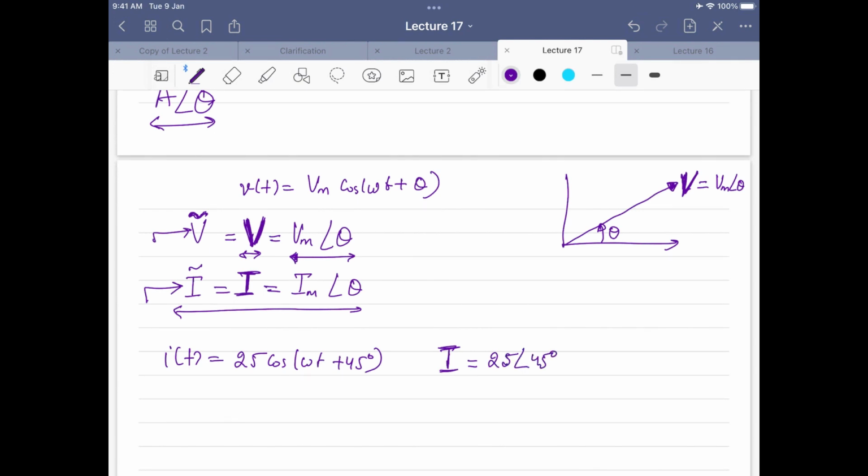Okay, good. And how about if you have a voltage v(t) given as minus 15 sin(omega t plus 30)? What will be the answer here? No, why 150? 60. 120, because we are converting into cos. So you convert into cos, and the answer will be 120 degrees.